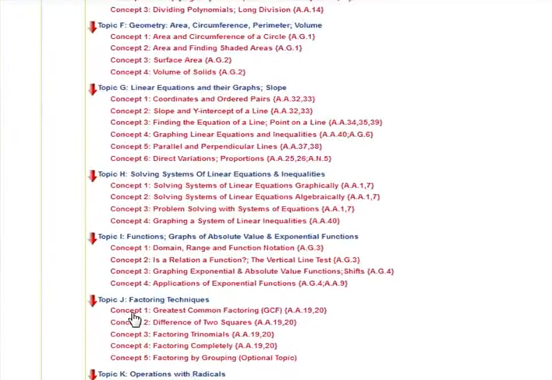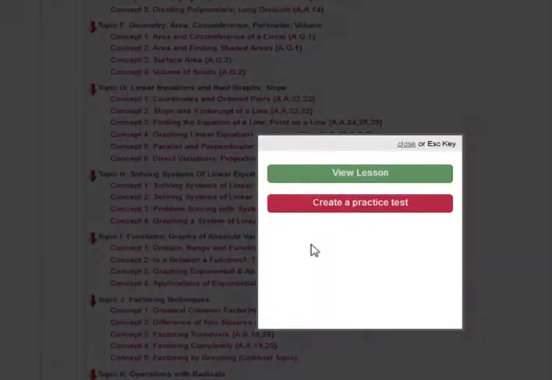You'll notice if you click any of the concepts within factoring, say factoring trinomials, you'll have two choices. The first, to view a lesson, or create a practice test. It's always a good idea to view a lesson if you're confused about a particular topic, and then after watching the lesson, create a practice test so you can practice the concepts discussed in the lesson. If you were to click View Lesson,